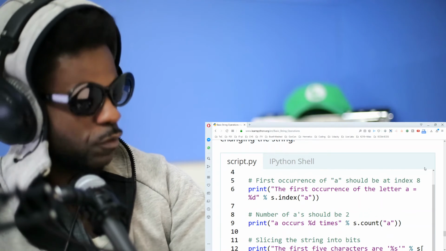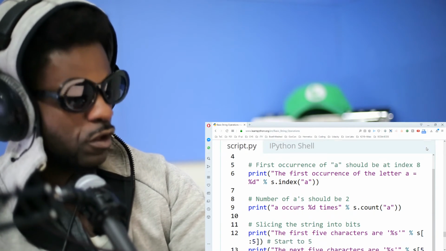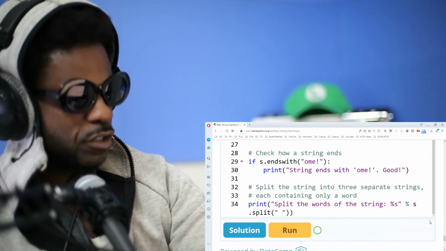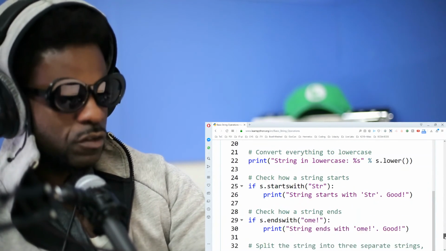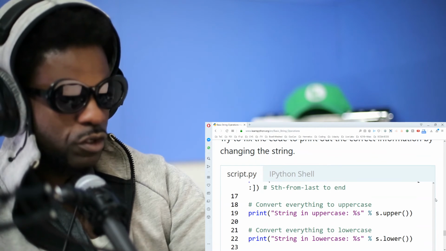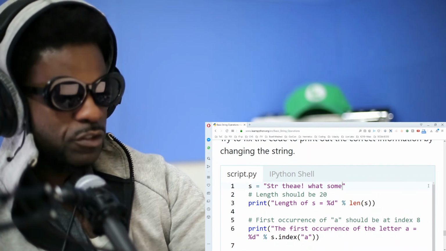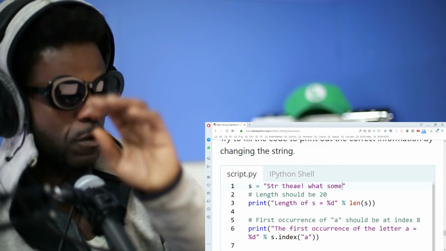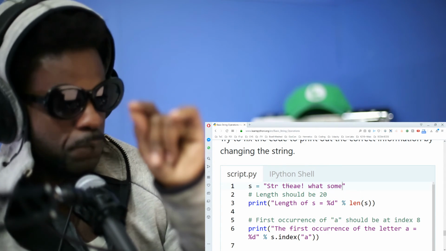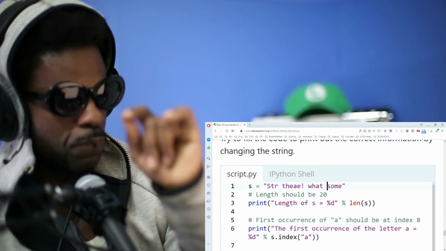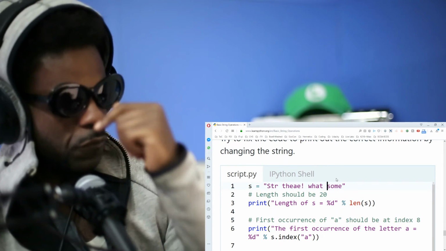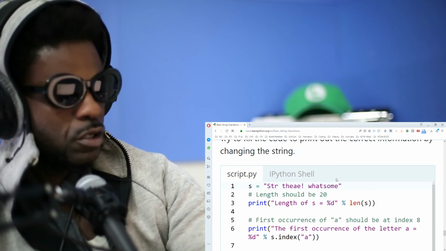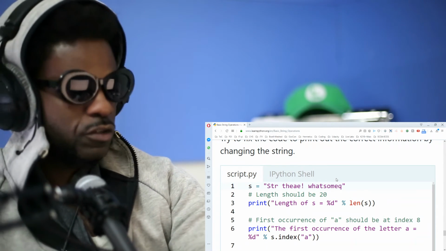All right, so I think we're ready to run it. Oh wait, no, we gotta do this. That's right. So it wants the string split into three items in a list, but only 3 words though. So we can do back one. We're going to have to add one because it wants 20 characters. Remember,